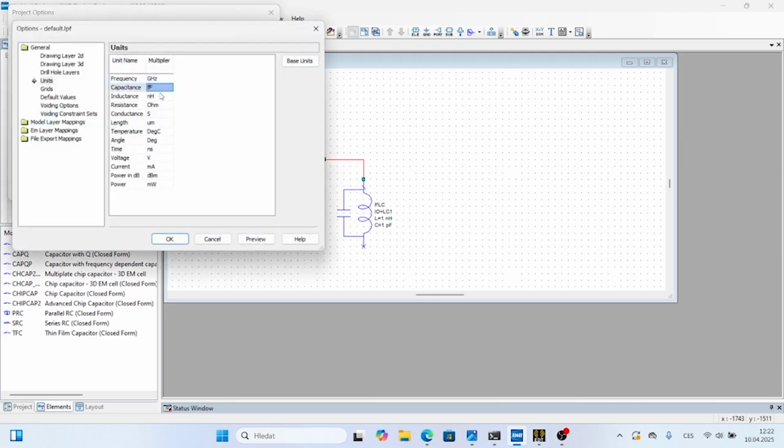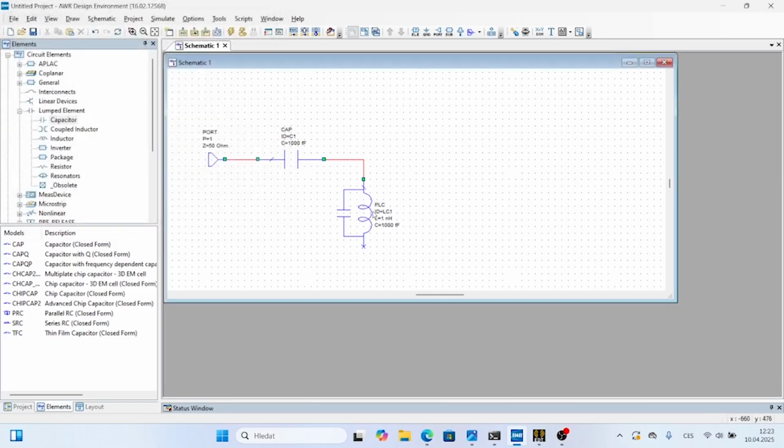We'll choose femtofarads, nanohenries, and gigahertz. For this, we will say 45 femtofarads and 15 nanohenry, and this is a small capacitor, and we will choose a value of 5 femtofarads. You also need to add ground. This is our